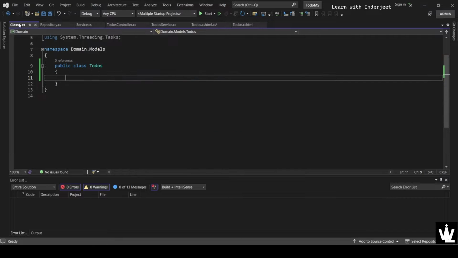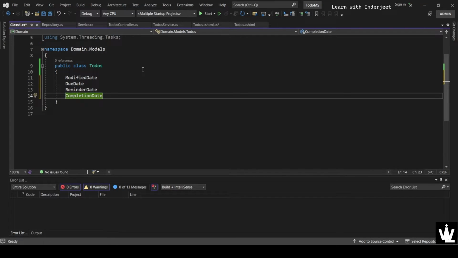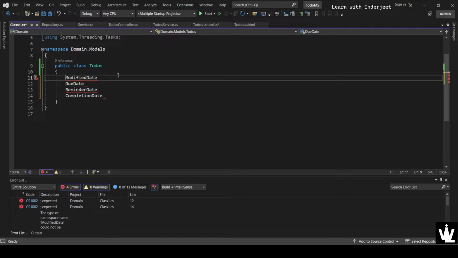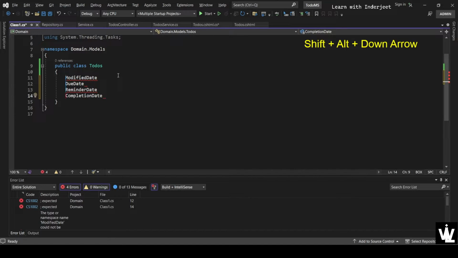So another example is this class. For example, we want to initiate some datetime properties in this class like so, but see, there are different ways to initiate properties in a class. We will cover those shortcuts also in the subsequent videos. But for now, we are using multi-cursors. So to initiate multi-cursors in a straight vertical line, we should press Shift Alt and down arrow key. So we have 4 cursors,